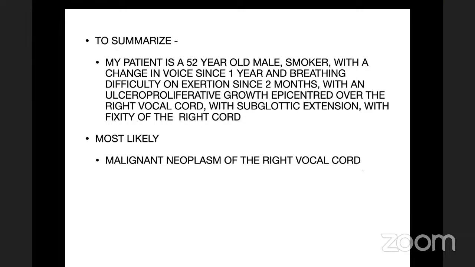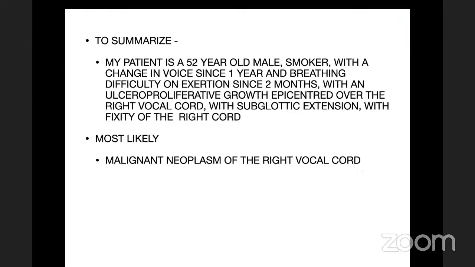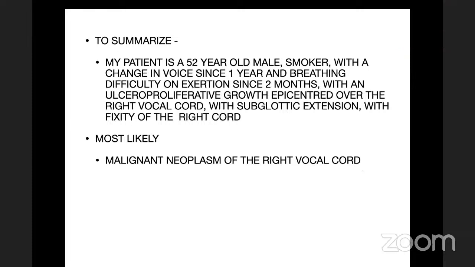Do you always look only for overt aspiration, or do you look for penetration and pooling also? Ma'am, we do look for penetration and pooling also, but aspiration is a sure sign of dysfunction. Yeah. So in your PAS scale, where will penetration come? PAS scale 2 to 5 is when penetration will be there, but there is no aspiration. And 6 to 8 is when we see that there is aspiration.